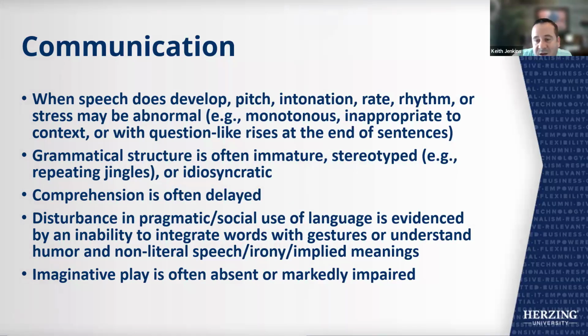Communication is another area of importance to note when looking at those with autism. They frequently will have delayed speech development, and when it does develop, it is often abnormal. You may notice things like immature grammatical structure or stereotyped styles of speech, such as repeated jingles, things like that. We just mentioned that they struggle with understanding social cues and social awareness. This can also be evident in their communication. Things like delayed comprehension and disturbance in social use of language or gestures can contribute to the misunderstanding of those